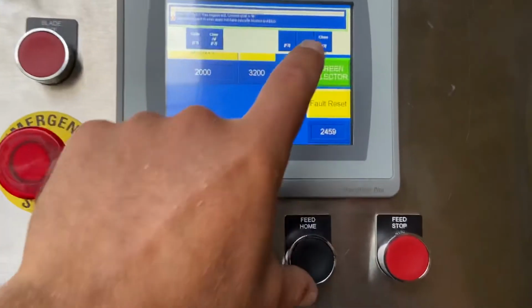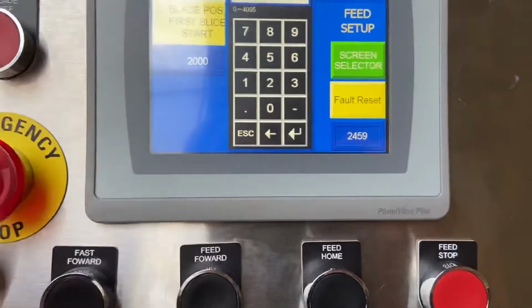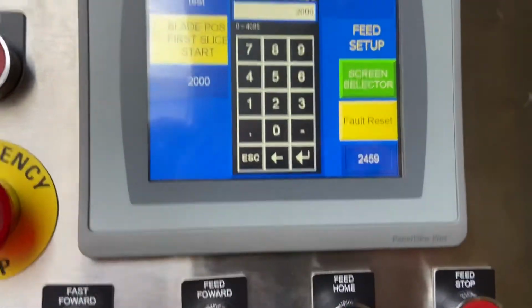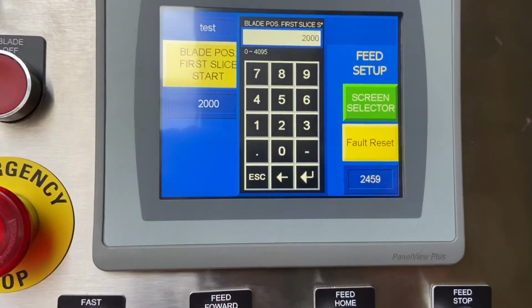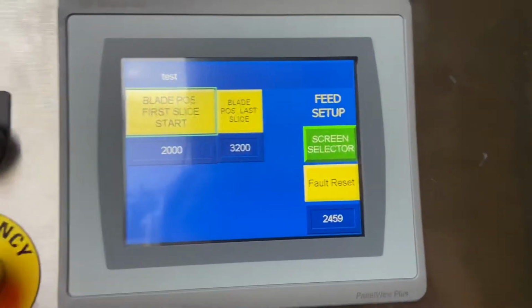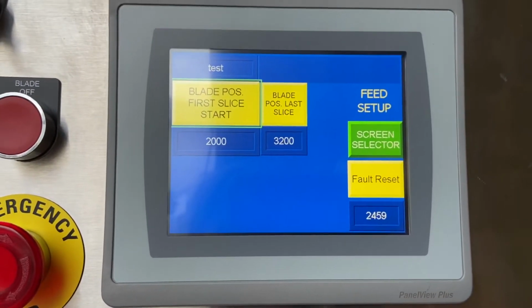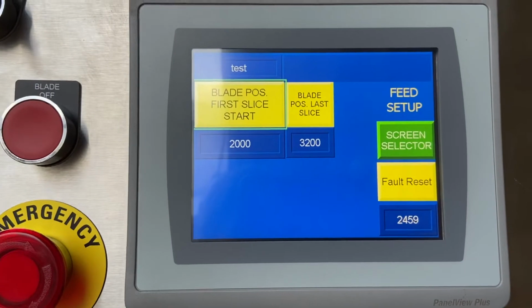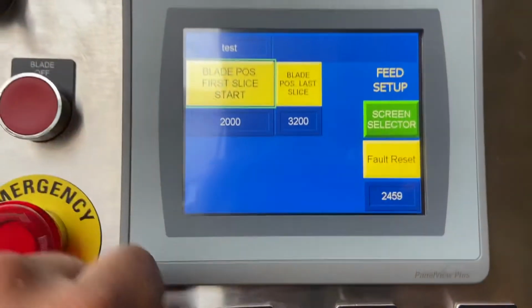Blade position. You can go in here and it's 0 to 4095. In the startup guide I send you, it'll explain how this works. But if you're getting a sliver slice when you're counting, say you're doing 4 slices, 6 slices, and your first slice is a little thinner or thicker, you adjust this number to take that out and get